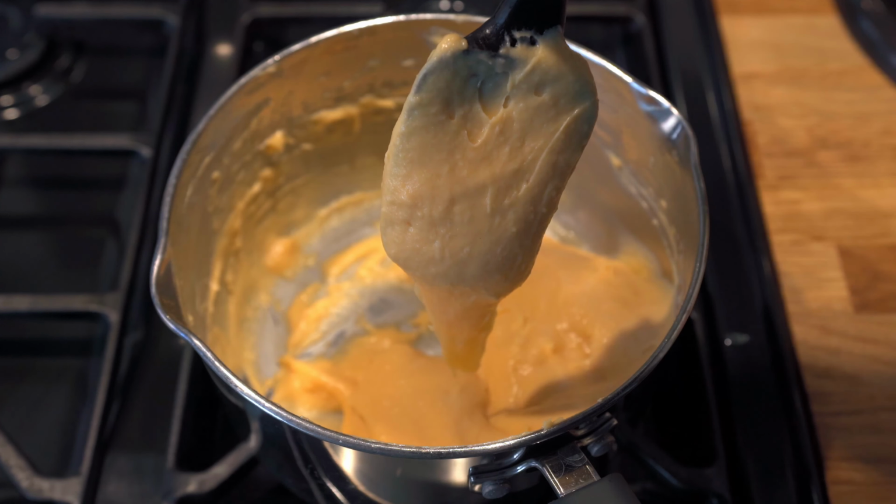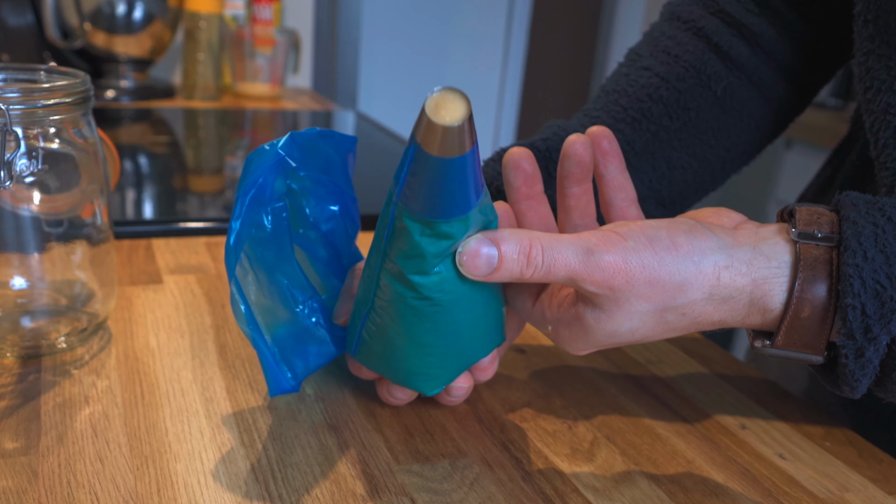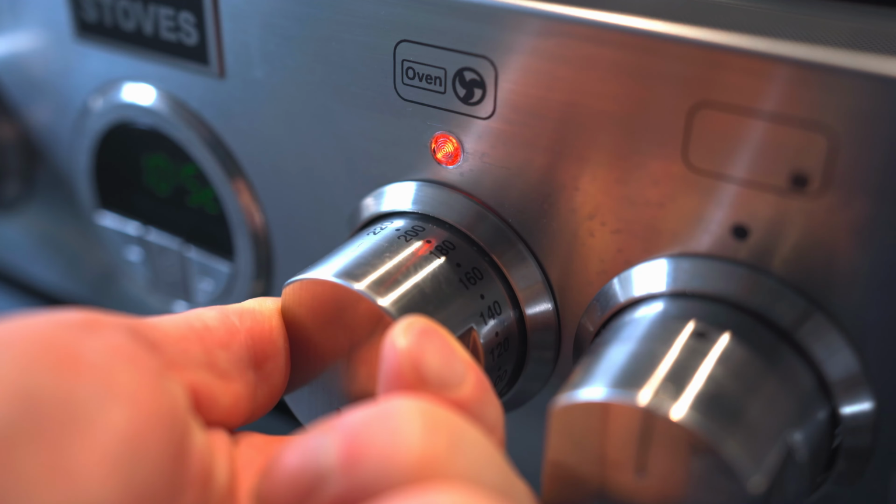Now you have the perfect consistency to your dough, you can put it into a piping bag, preferably fitted with a round nozzle. We're nearly ready for baking, so preheat your oven to 200 degrees Celsius and grab a baking